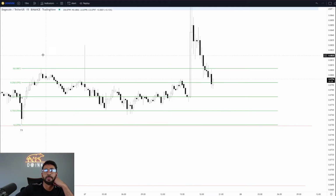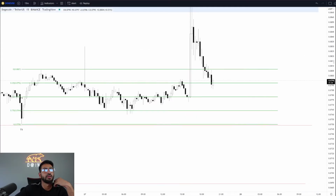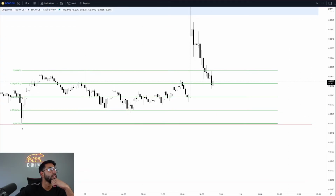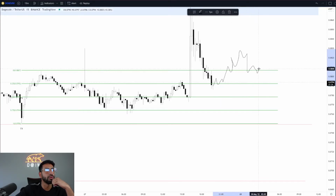So if that's range low and that's range high, this is the mid-range. I missed this run. I can't jump into it now, and the risk to reward isn't that great for me to play the trade to go to mid-range to range low. So what I'm going to do is quite simple. I'm going to let it do its thing, whatever it wants to do, come back up, whatever. The moment it steps back inside the range,